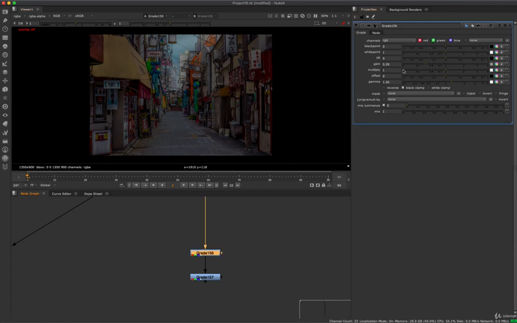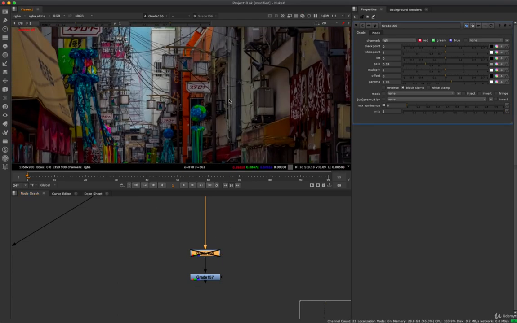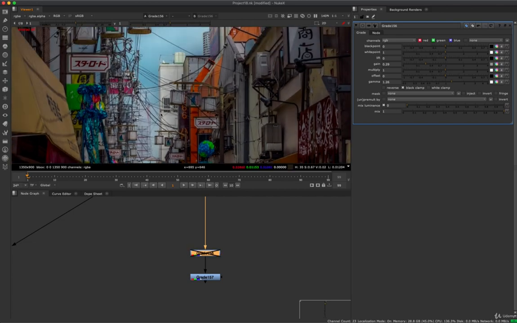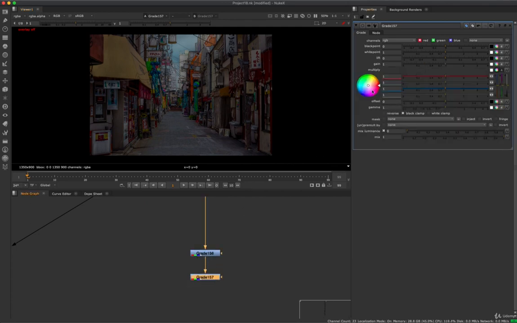So far we did a little bit of gain down and a little bit of gamma up. So we get that flat image. And also that helps with the highlights. If you notice, you see all these pinging highlights, they go away, which we want because we want to add them selectively. We don't want to have strong highlights anywhere in the scene. This almost looks like an HDR scene. It looks like there's a very wide dynamic range. But if we go here, we'll add a little bit of blue,